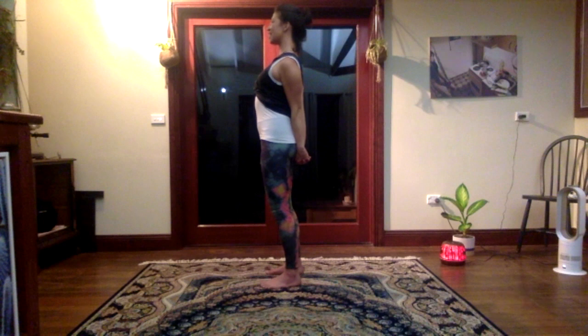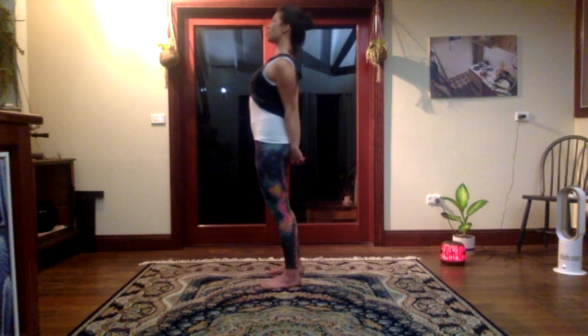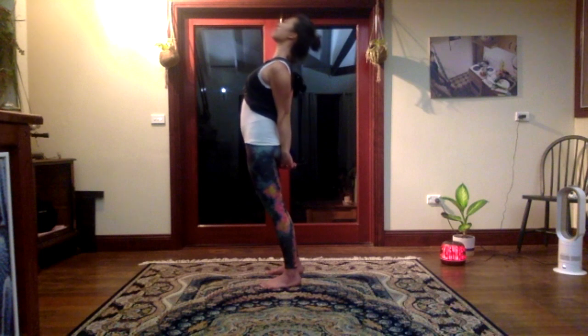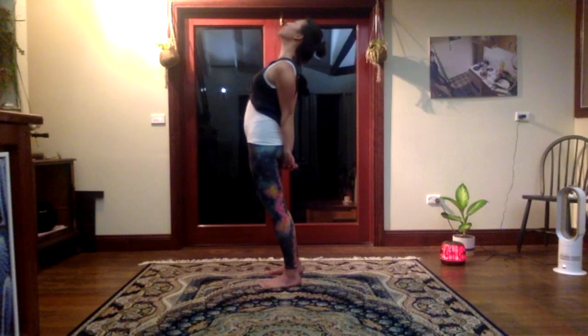Pressing into the feet to lengthen the legs, allowing the hips to draw forward, keep your torso moving out of the lower back. Ribs are allowed a little forwards. We open through the chest, maybe lift the gaze a little, keep pressing down through the feet, lifting up through the heart. 3, 2,